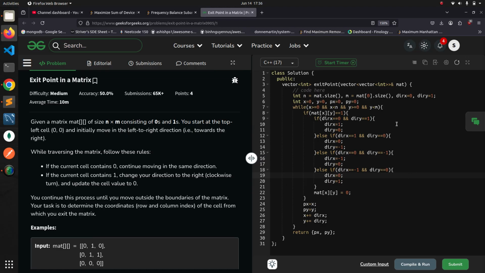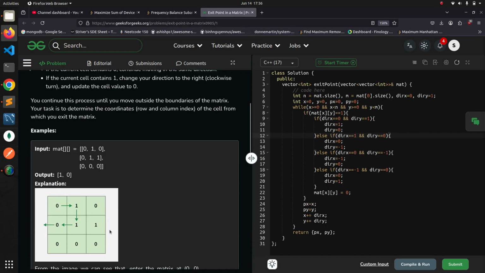The first thing we need to do is maintain the previous x and previous y. Currently we are at the x and y position. We need to maintain the previous x and y, because when we move out of the boundaries of the matrix, we need the previous position from where we moved out. Also, we need to have